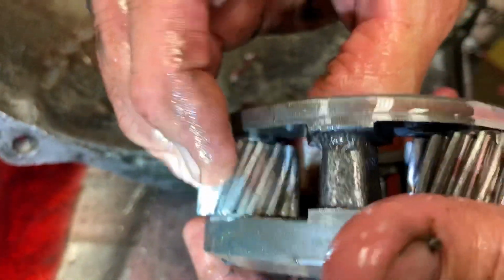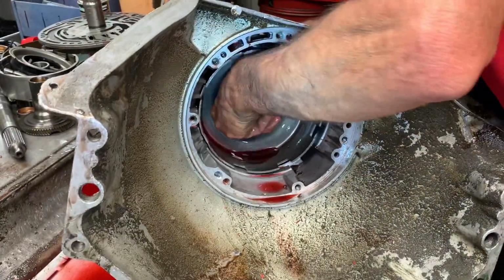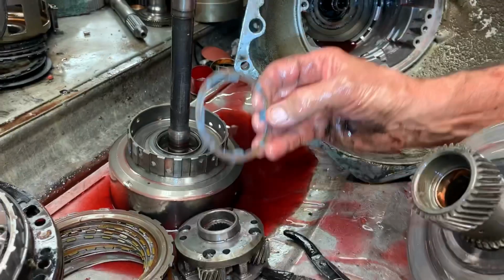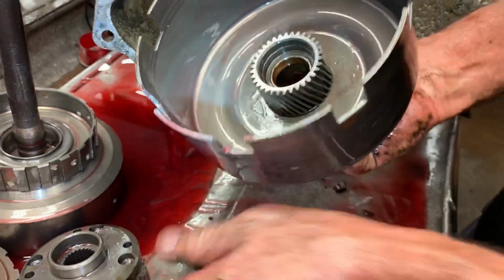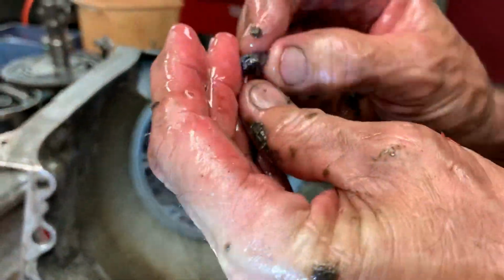Mainly look for wear points where your bushings are running and stuff. Look for any type of wobble in your gears, bushing washer play, stuff like that. Now they do make these in brass or plastic. Either one works really nice. I like to just stay with the brass in a race car because if the transmission gets really hot, it's not likely to melt the brass out like the plastic. Bushings still look brand new, like never been used, huh? Yeah, it looks good. It definitely doesn't look like 5 years, but